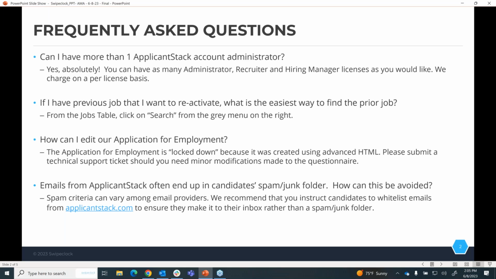Next question. If I have a previous job that I want to reactivate, what's the easiest way to find the prior job? So you do not have to go through your list of jobs on your jobs table. Let me find you an easy way to find those previously filled jobs or jobs put on hold. I'm going to move to my demo account,